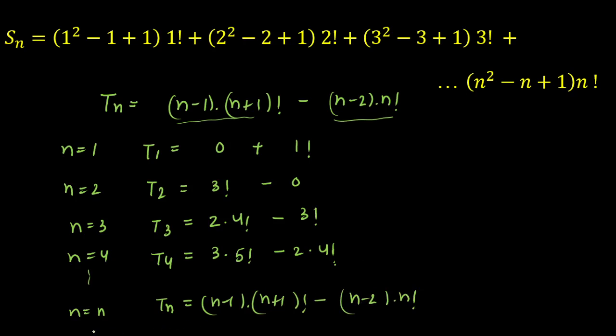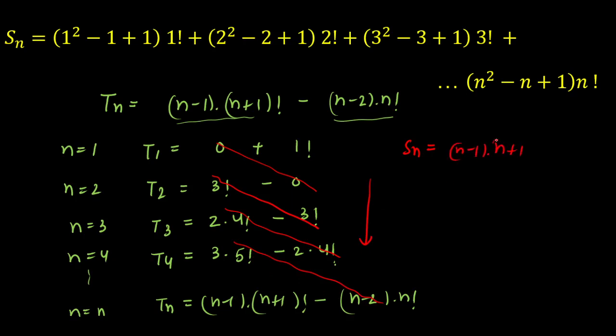Now the sum of all these terms will give you s of n. So let's write s of n. As you can see, 0 with 0, plus 3 factorial minus 3 factorial, so this is gone. Minus 2 into 4 factorial minus 2 into 4 factorial, this is gone. So the series will follow the same trend, and if I add all the terms, I'll get the sum as n minus 1 multiplied by n plus 1 factorial